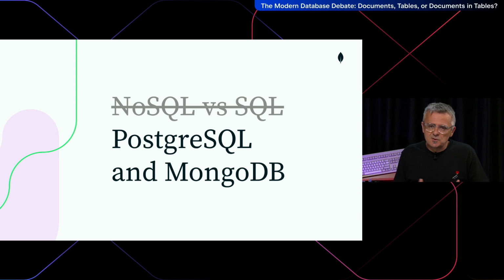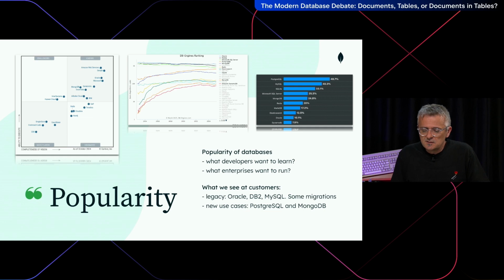So today, it's not really NoSQL versus SQL like it was 10 years ago, because all databases have evolved. You can have transactions in MongoDB, you can have documents in Postgres. And what we see also is that the most popular SQL databases is Postgres for the new workloads, and the most popular NoSQL database is MongoDB. And when I say popularity, there are some companies or websites or marketing who try to put numbers in the popularity, and I don't really trust them because the way it is calculated is a bit weird.